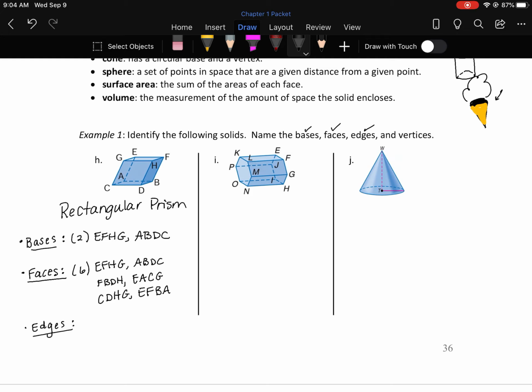All right, so edges. I'm just going to count them. 1, 2, 3, 4, 5, 6, 7, 8, 9, 10, 11, 12. So there are 12 edges. Now we just have to name them. So I'm going to start up top. I'll put lines through them. So G to E, E to F, F to H, G to H,